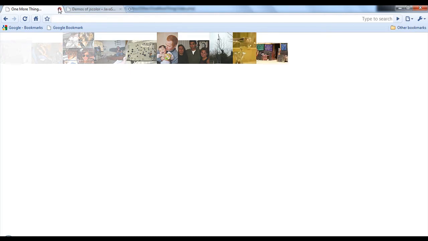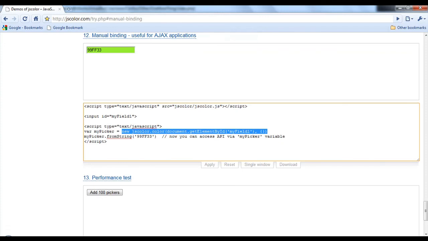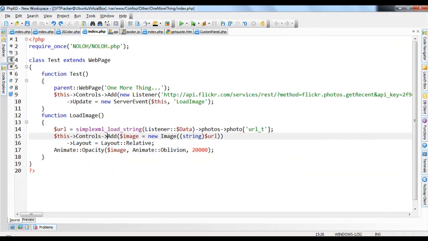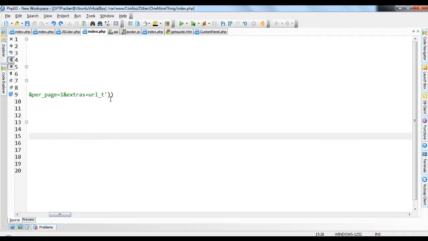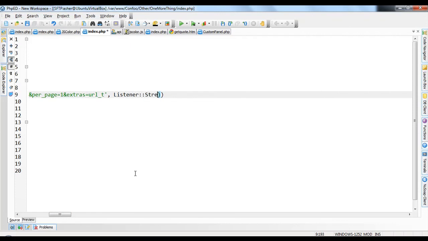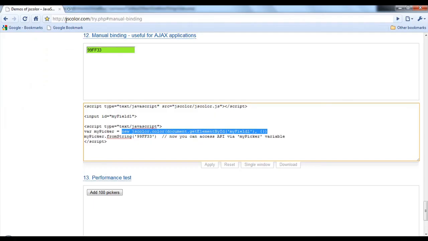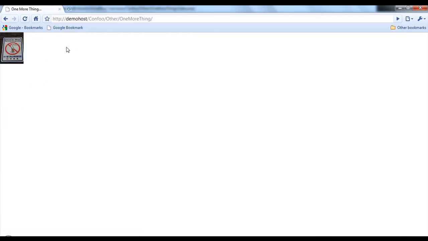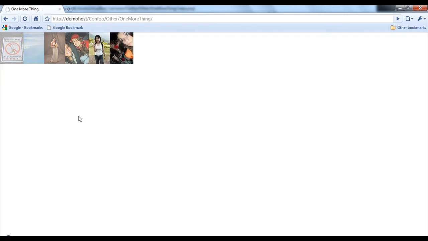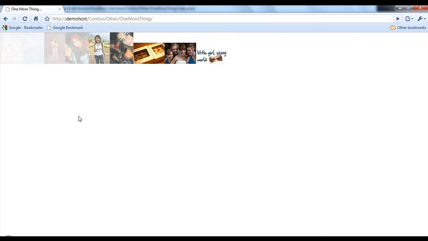Okay, so you can see that more images, and let's actually change this to a stream. Like I mentioned before, you could pass in different transports. Let's just do listener stream, which should be better than a long poll. There you go. So you have it listening, but note that this would be much better if the connection here was not terrible, because what's happening is it's trying to go to the Flickr API and trying to get, but there's literally almost no connection here.